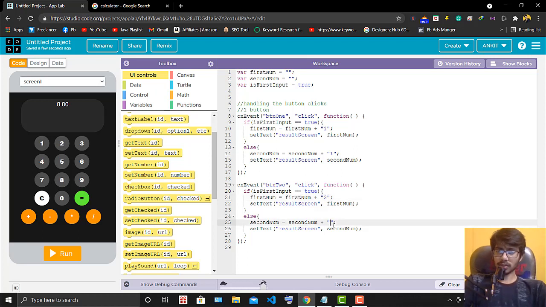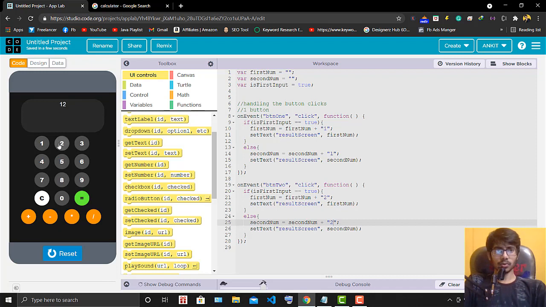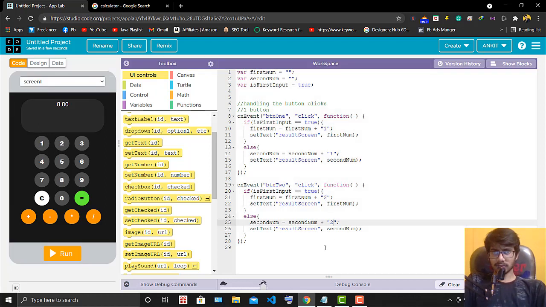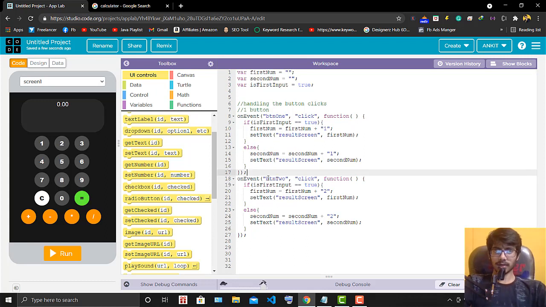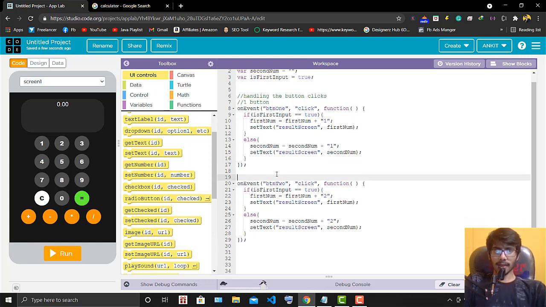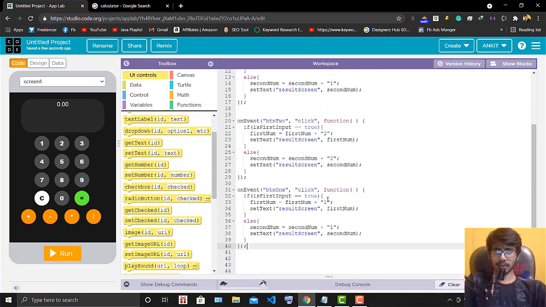Now 1 2, look, 12 is working very fine. 2 and 1, reset it and move ahead. I want 3 now, right? 2 we had done, and again I will paste that.